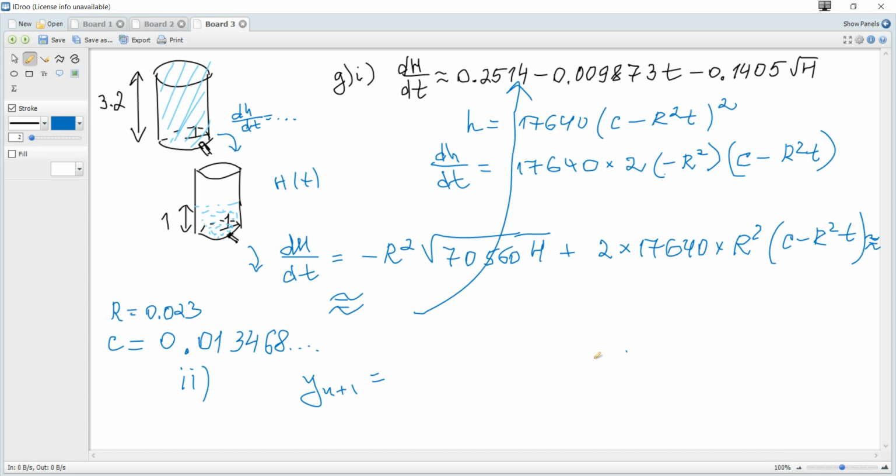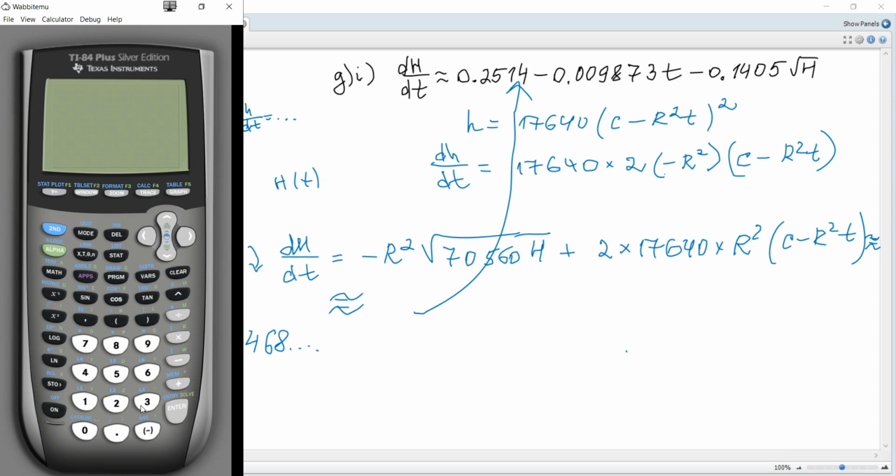So here, let h be u for our calculator. For our calculator we should choose sequence